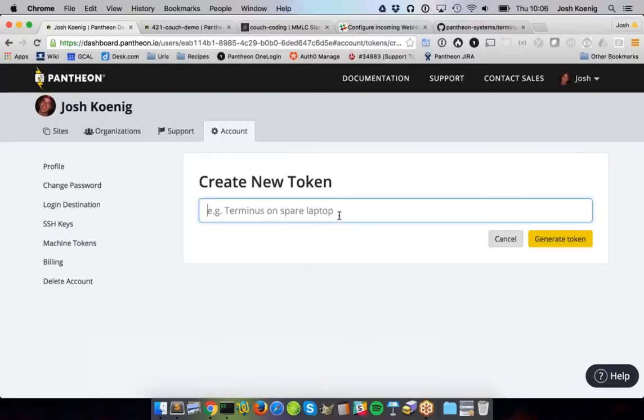Give it a name, and the cool thing here is that you can create as many tokens as you want. The ideal is one per device or one per use case, and that way if there's ever any question about the security of that device, or if you're just not using it anymore, if you put something in a CI service that you decided to stop using, it's really easy to revoke just that token, and then you know that thing no longer has access to Pantheon on your behalf. So I'm just going to call this my rainbow laptop. That's my cool keyboard stickers,